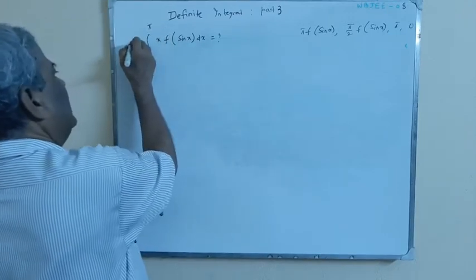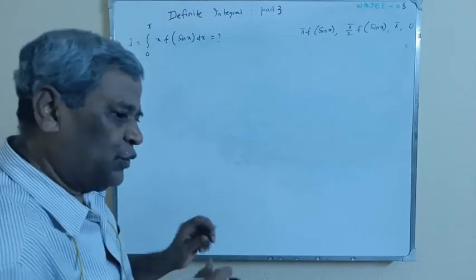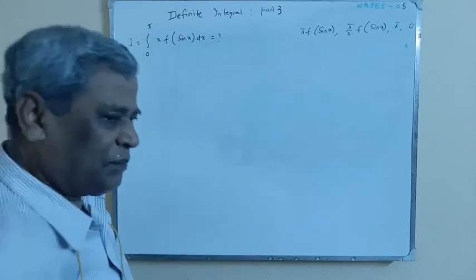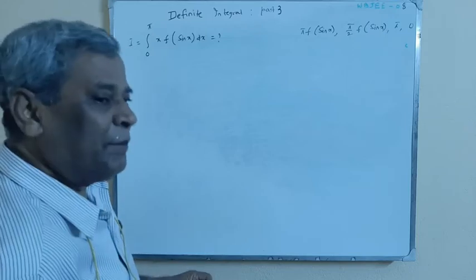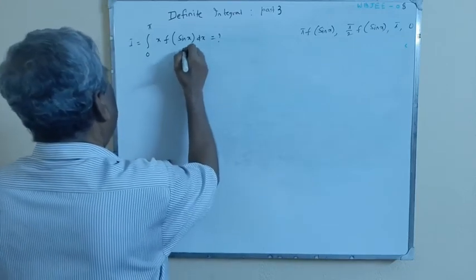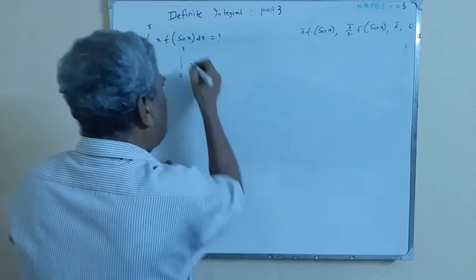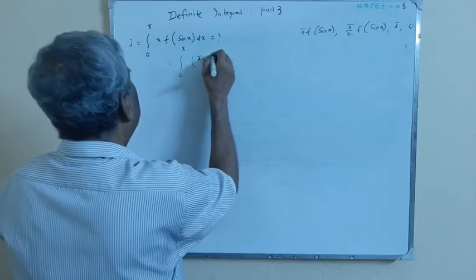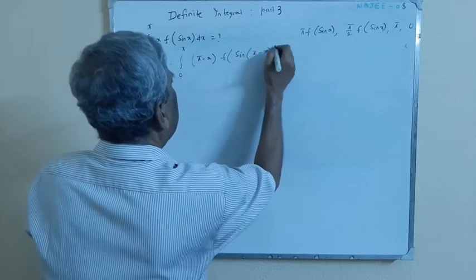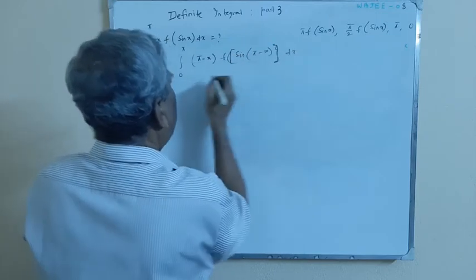Let us suppose that it is I. F is any arbitrary function, we don't know what is that, and answer is also in terms of f. For that purpose, let us apply fourth rule over here. So this is equal to 0 to pi. Fourth rule, it is a minus x. To replace x by a minus x, f of sine of a minus x dx,